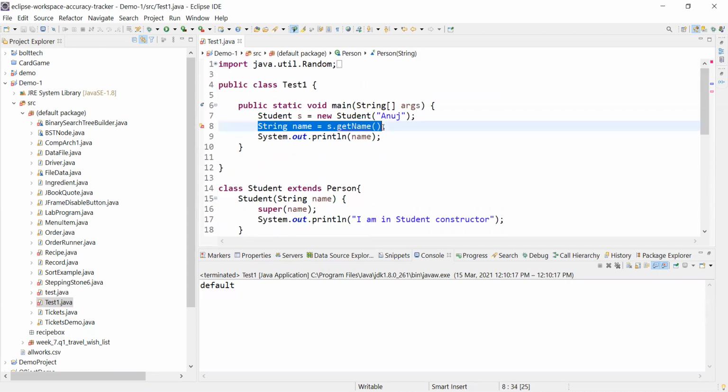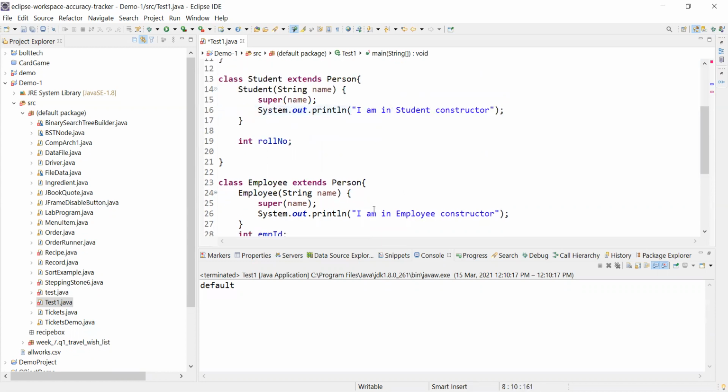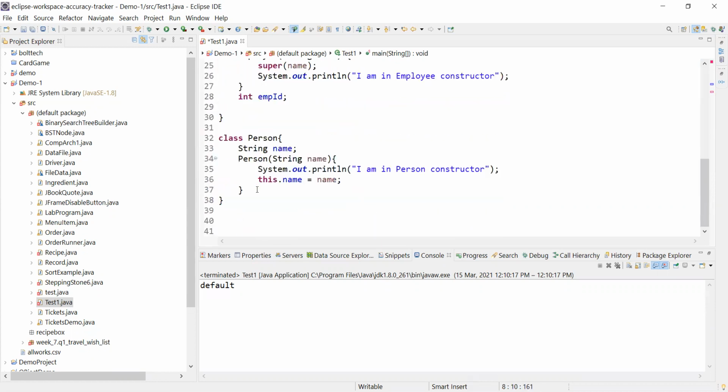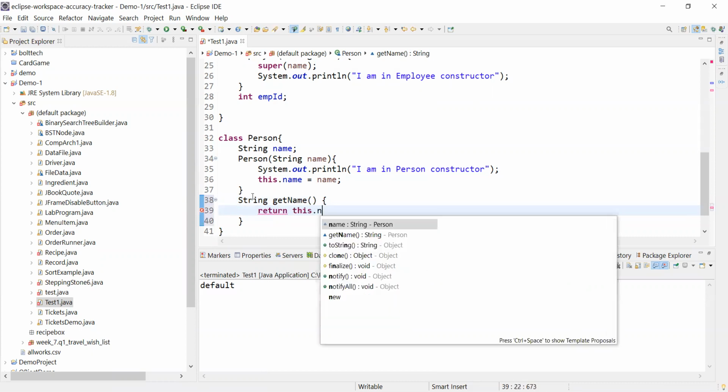What I'm doing is I'm creating an object of student class, which is a child of person class. Okay, and let me just expose one functionality here for this name. So I would say the string get name and return this dot name.